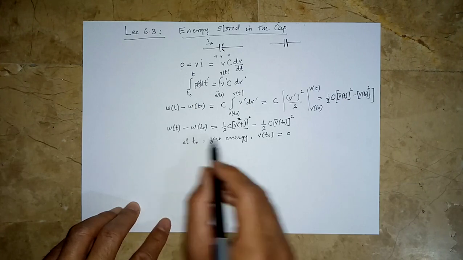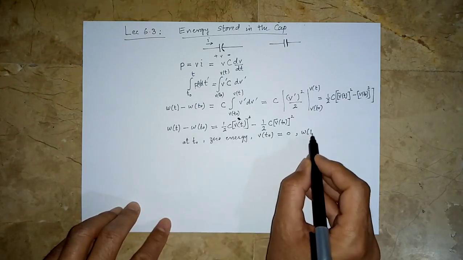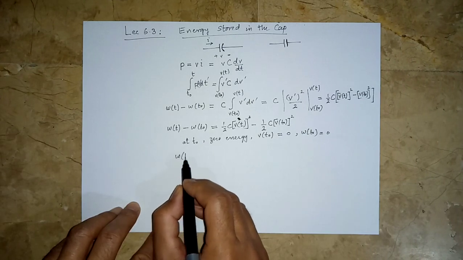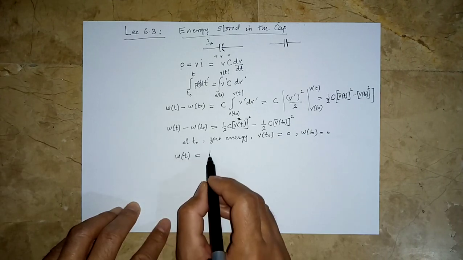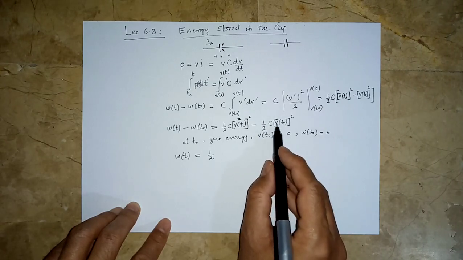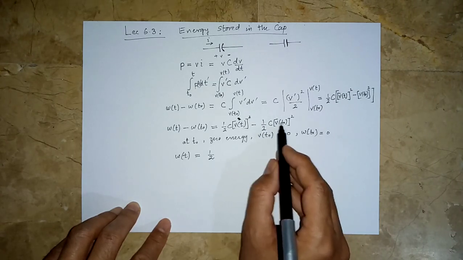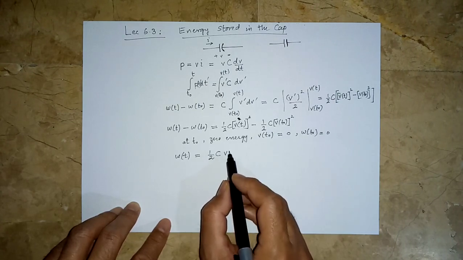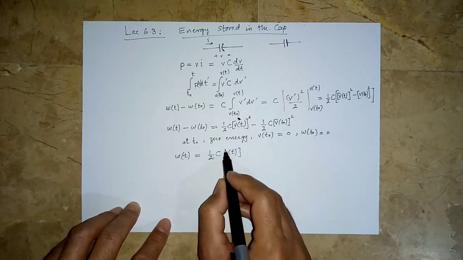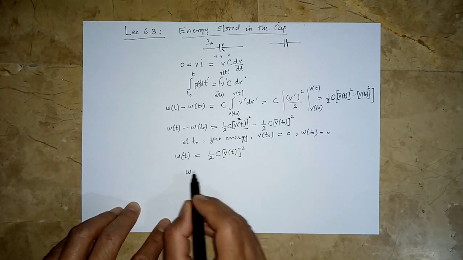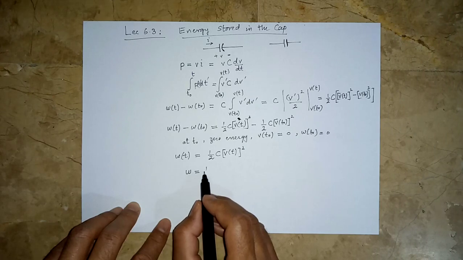The energy at t naught is also zero. So we get the energy at t is equal to half C V at t squared, because V at t naught is 0, so that term is 0 as well. Or if we drop this t just for simplicity,